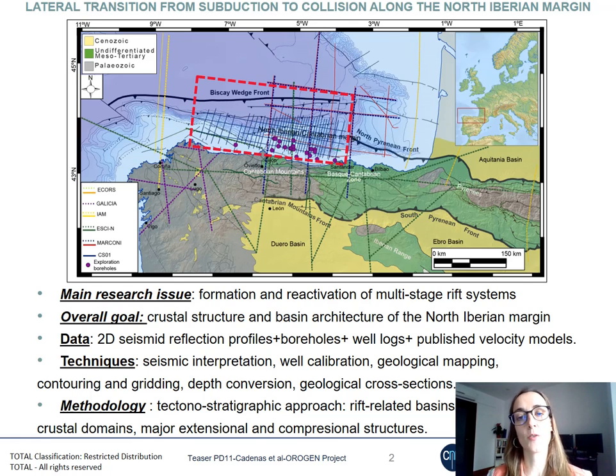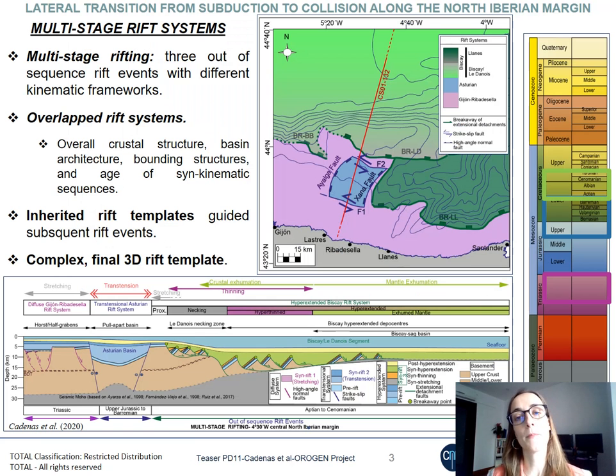We applied a tectonographic approach to define distinctive rift basins, bounding extensional structures, crustal domains, and major compressional structures with the aim to identify, describe, and map rift systems. We defined and mapped 3 overlapped rift systems: a diffuse Triassic rift, including half-graben type basins, which are bounded by